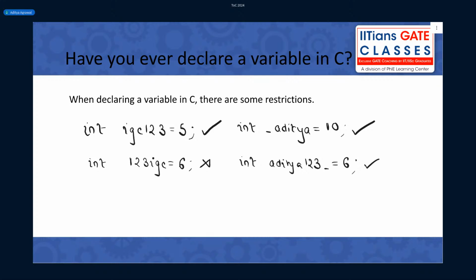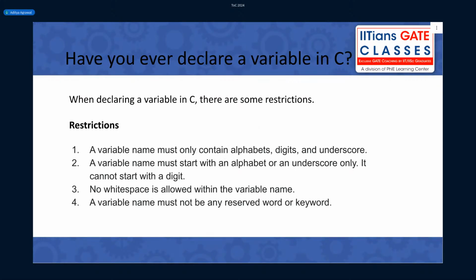Okay. So typically these are some rules that are present when you want to define a variable in C. A variable must contain alphabets, digits, and underscore. You can't have any other characters, for example, special characters or spaces. The variable name must start with an alphabet or an underscore, as we saw in the previous slide. It cannot start with a digit. And you can't use white space in a variable name. You can't declare a variable like int Shrikant space t, because you can't place a space in a variable name.